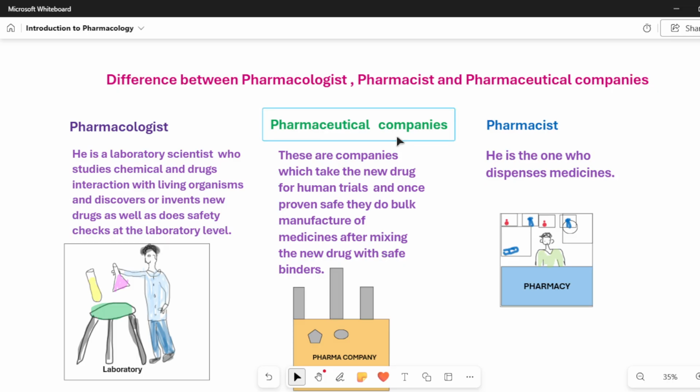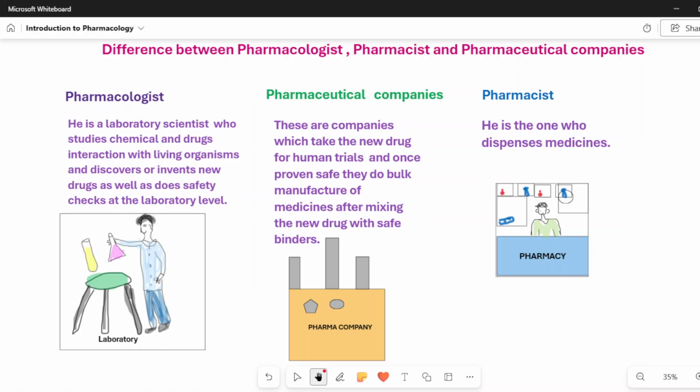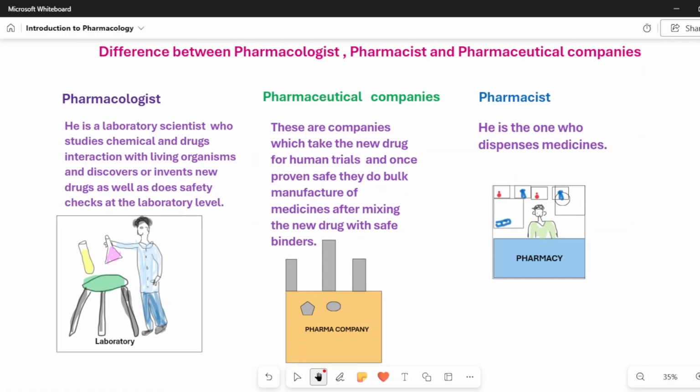Okay, next, from here the medicines are sent to the pharmacist. So the pharmacist acquires the medicines and he is the one who dispenses the medicine. So the pharmacist, see, is completely different from the pharmacologist. He invents medicine and he dispenses medicines.